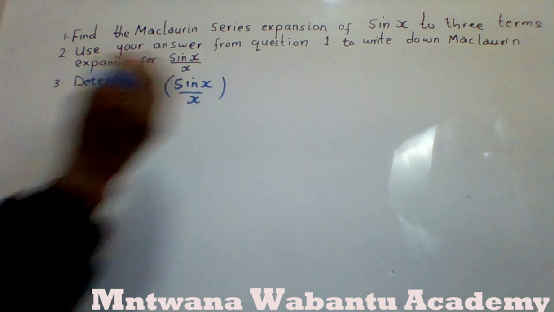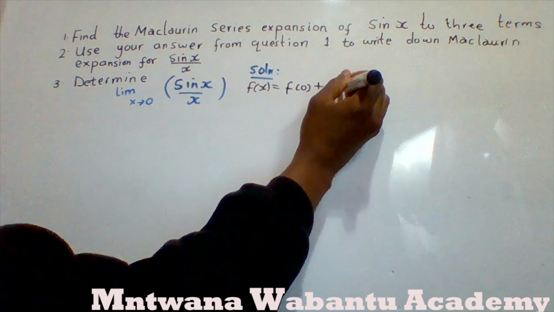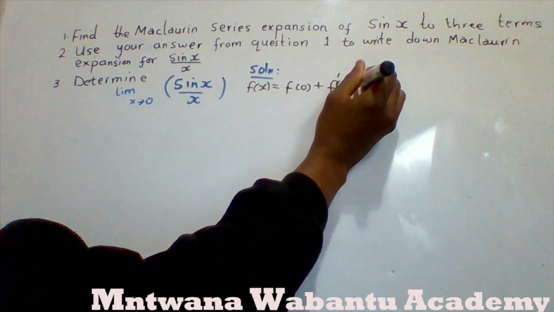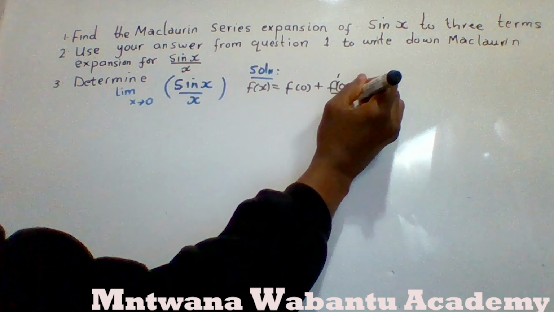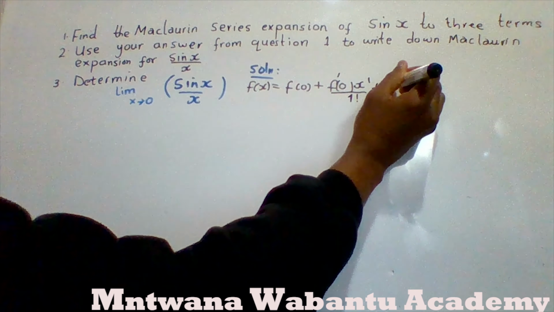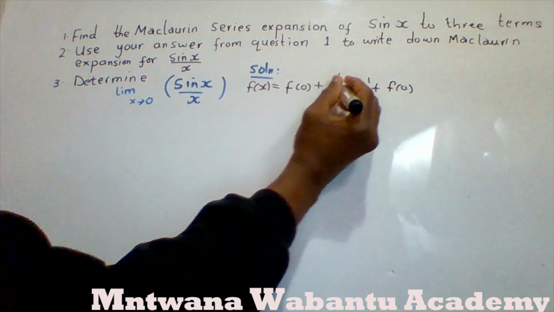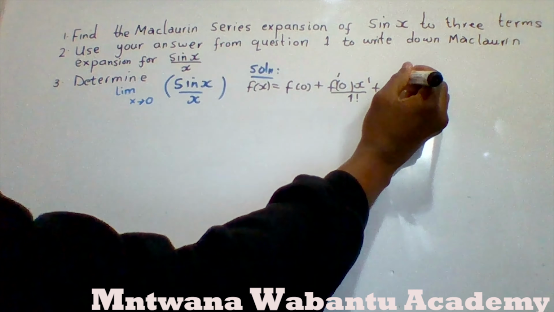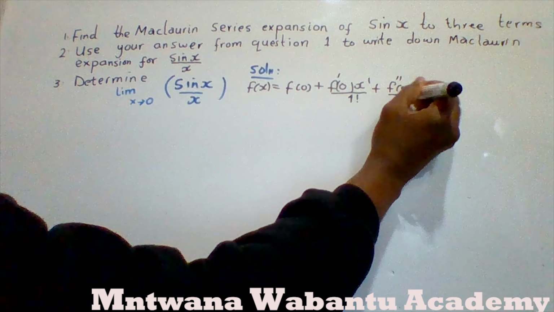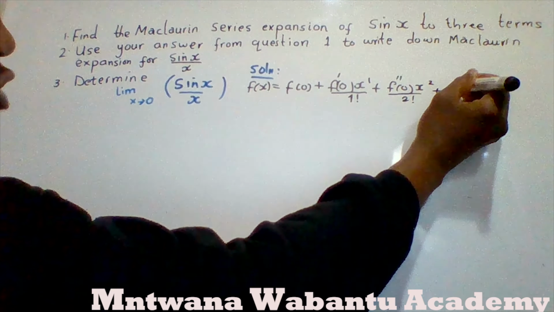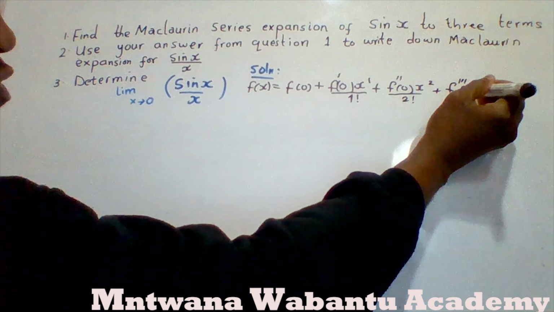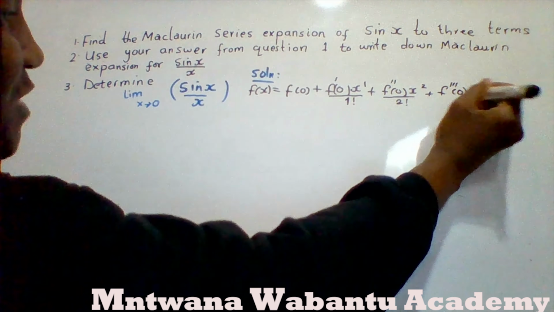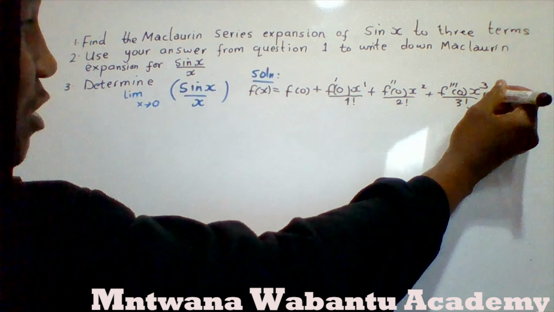First of all, you have to know the Maclaurin series formula. The formula says f of x equals f of 0 plus f prime of 0 times x to the power 1 over 1 factorial, plus f second prime of 0 times x squared over 2 factorial, then you continue: f third prime of 0 times x to the power 3 over 3 factorial, and then you add